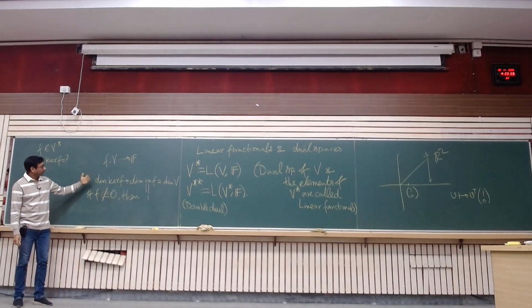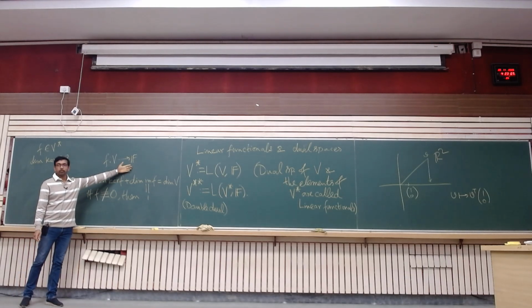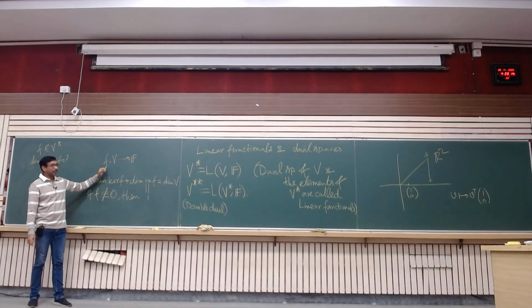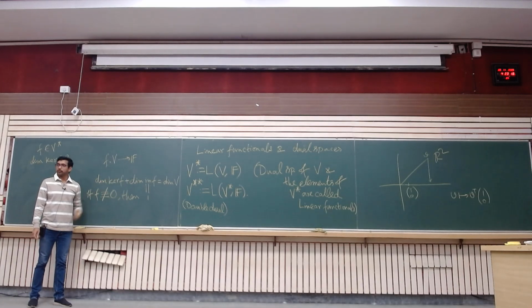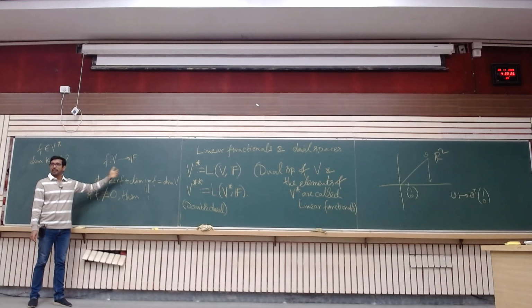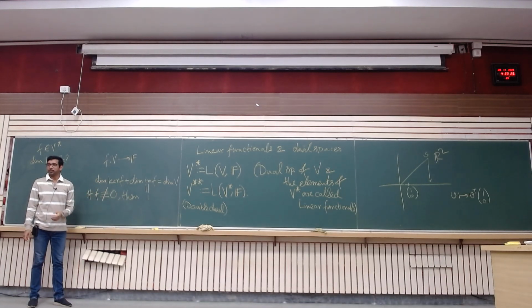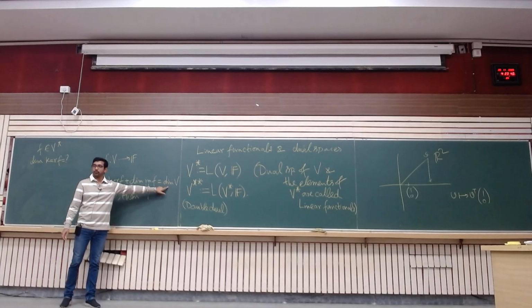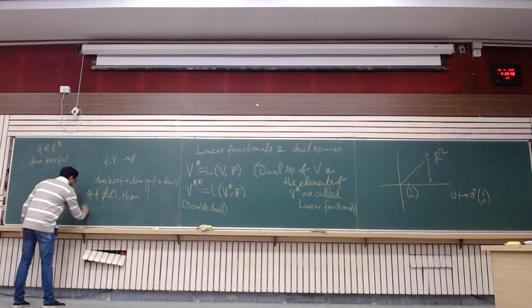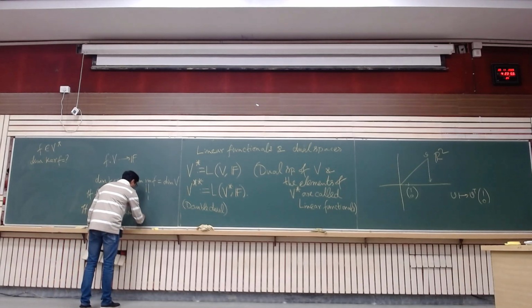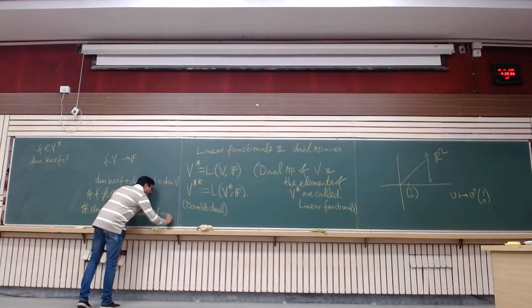Because then f is mapping to some non-zero element of F. What I want to say is that if f is not identically 0, then there is some vector which is being mapped to a non-zero element of F. Take any scalar multiple of that, so you are getting any scalar multiple of that non-zero element in F. So you will get the entire F. Thus, if f is not identically 0, its image would be the entire F, and therefore the kernel will have dimension 1 less than the dimension of V. So if the dimension of V is equal to n, then